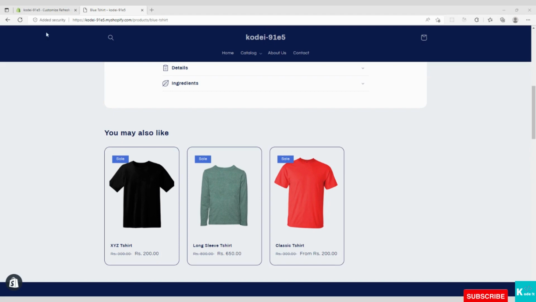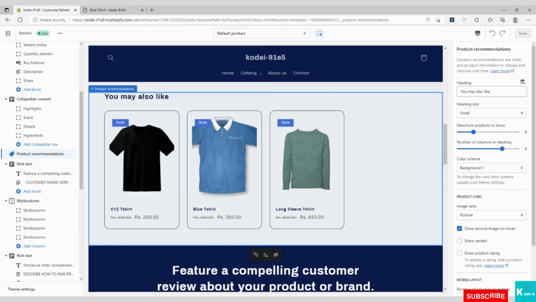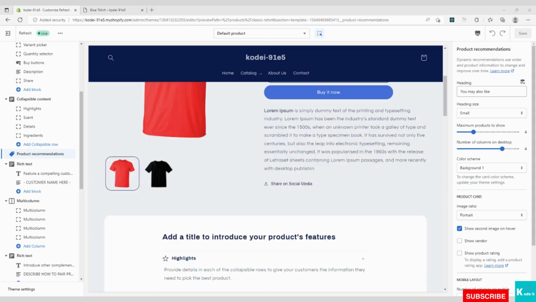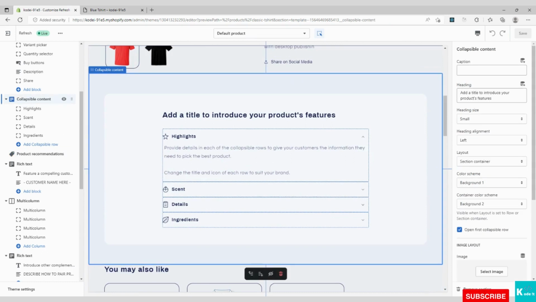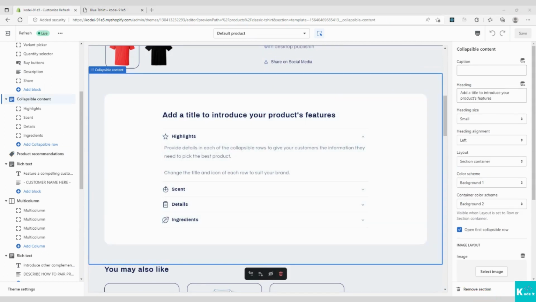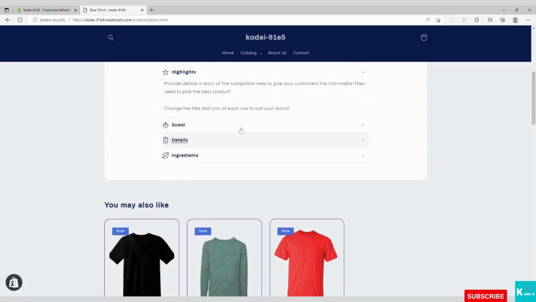Let's open the theme customizer first. Then on the product page, we need to click on collapsible content. So basically this section displays accordion. So let's understand what is accordion first. Let's open the website front end.